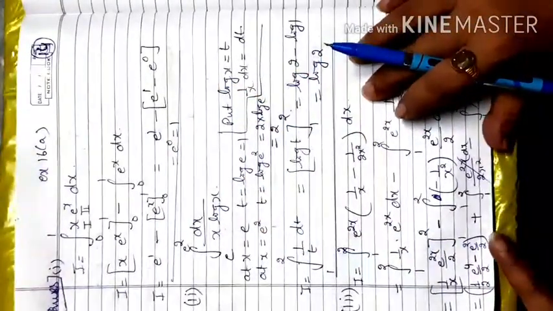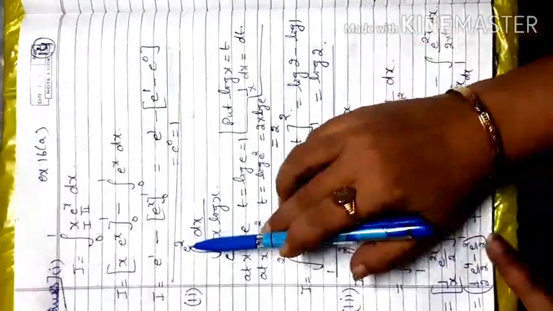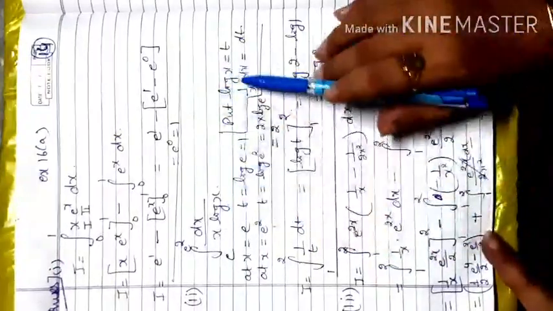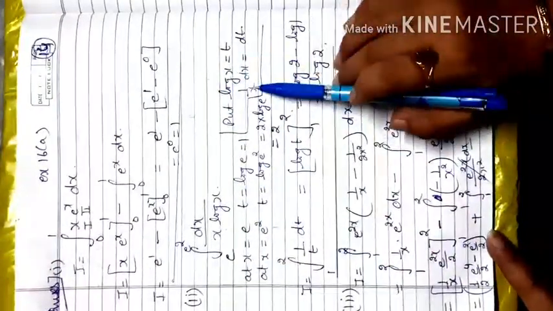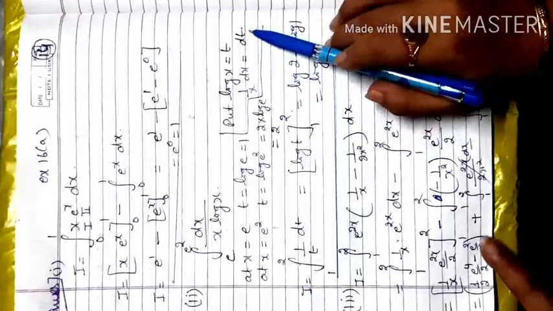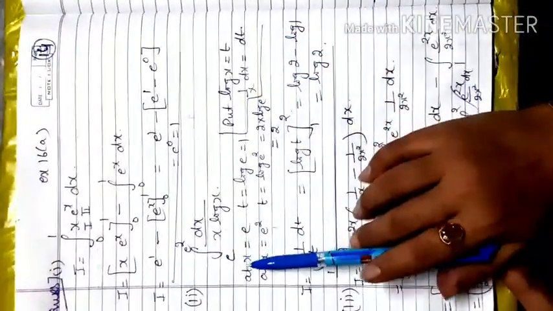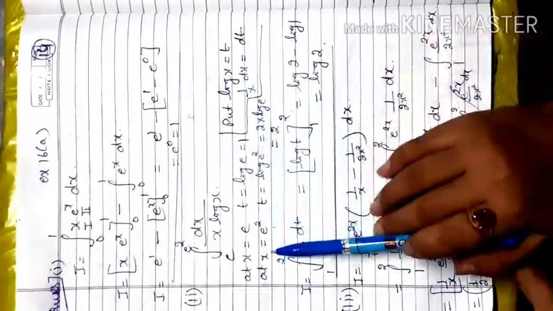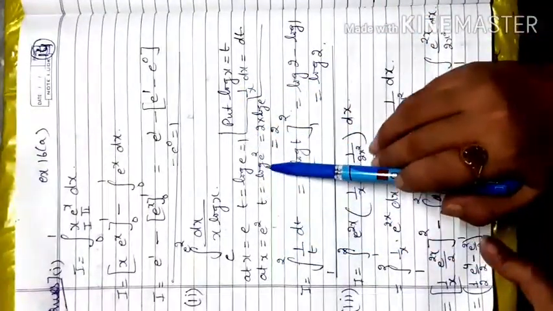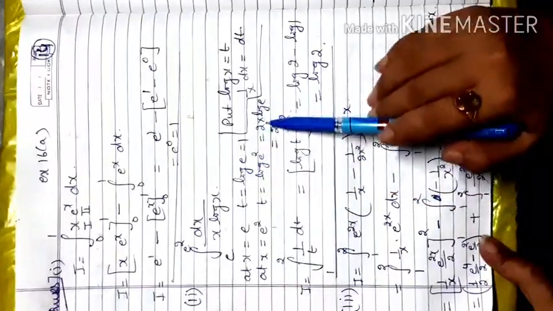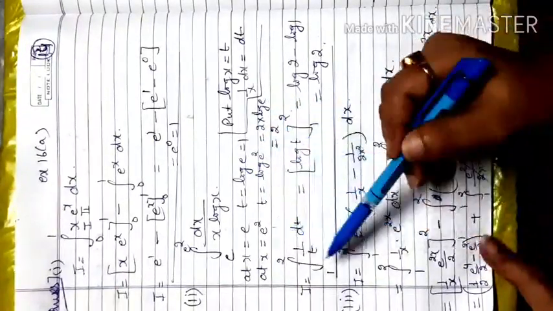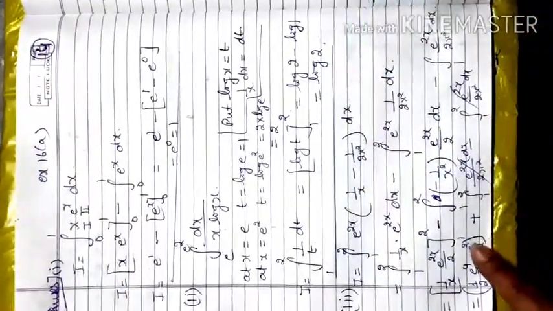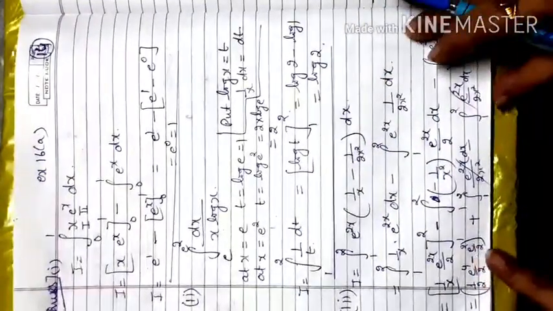Second part, your statement is limit e to e square. There is nothing in the numerator, dx by x log x is there. Now you consider log x is equal to t, 1 by x dx is equal to dt, and the limit will be changed according to that. If x is equal to e, then t is equal to log e, that is 1. If x is equal to e square, t is equal to log e square, 2 will be shifted in the front, 2 into log e, that is 2. That means the limit changes to 1 to 2. And here 1 by t is log t. After applying the limit, we get log 2.